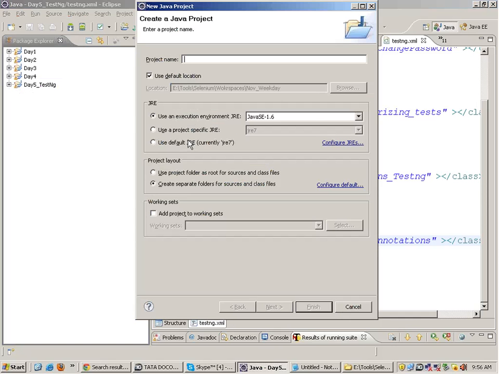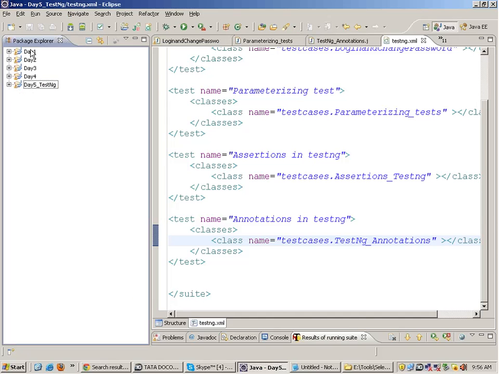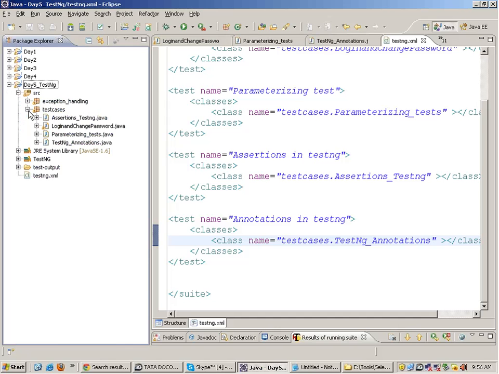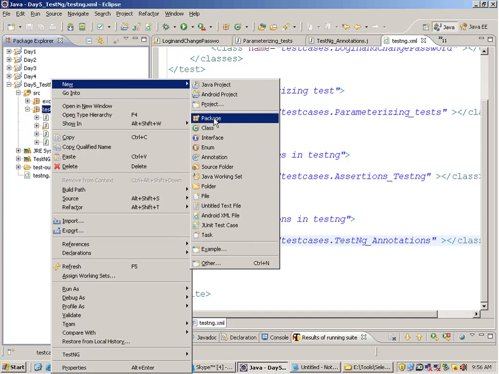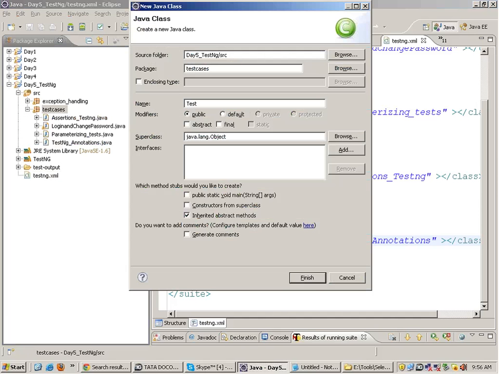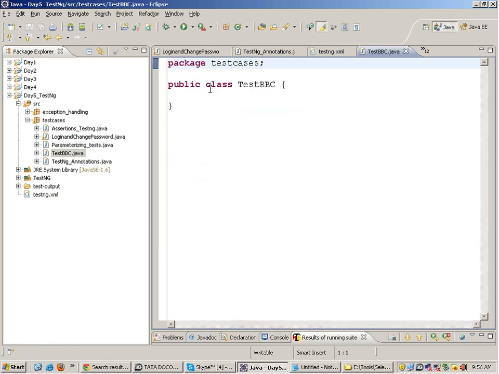I'll make a new Java project known as day6, or rather let's work in this only. Okay, I'll make a new class called test BBC, right? And in this class I'll have an @Test annotation, fine, public void test homepage,